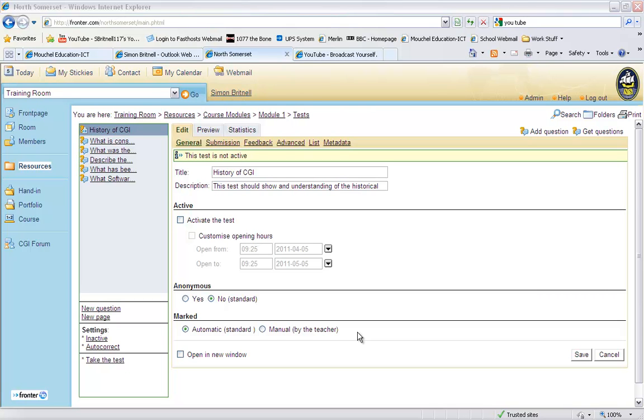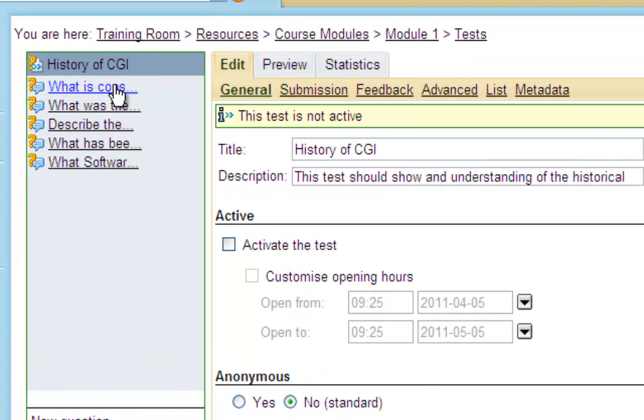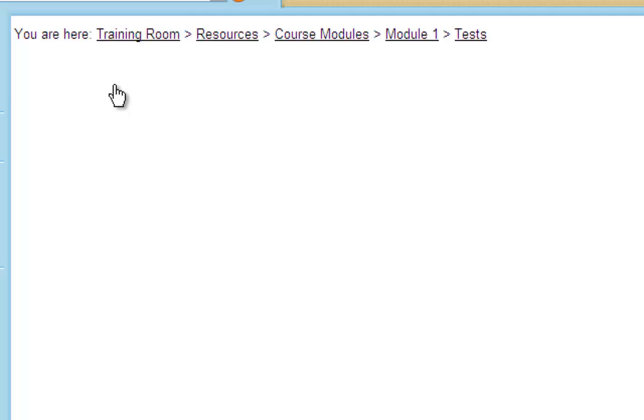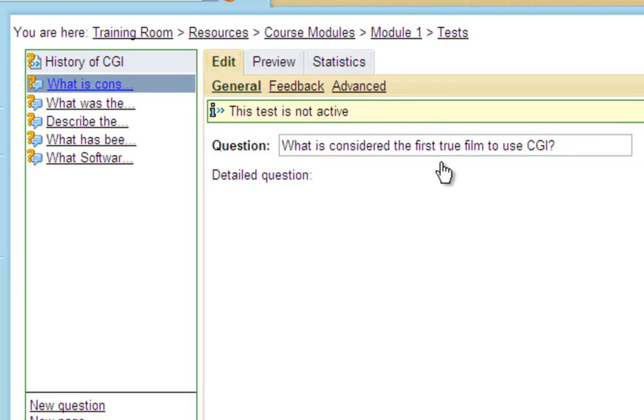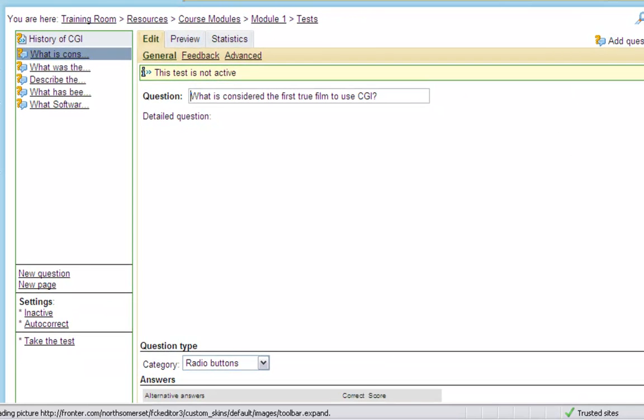Okay, so this is part 2 of creating tests, and as you can see I've created a few more questions here. I just wanted to take you through the various different question types. So this is the first one we created, and this is just a general multi-choice question, and I can see that this is the question at the top,